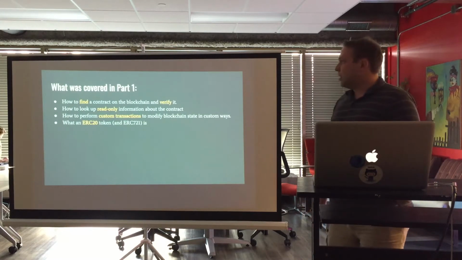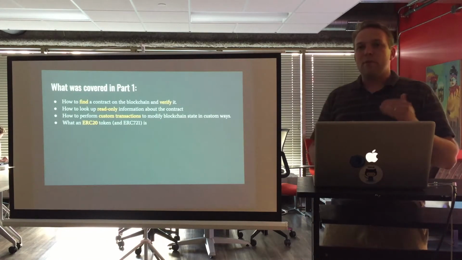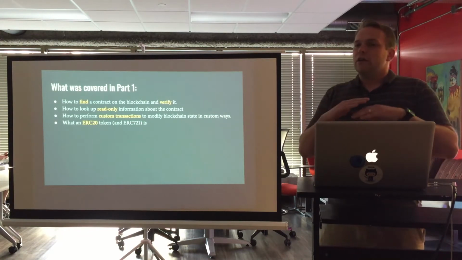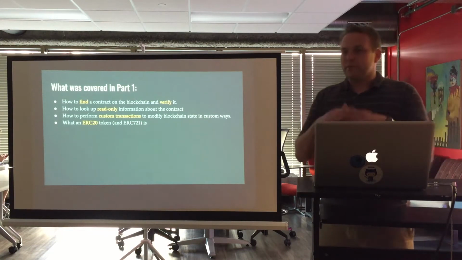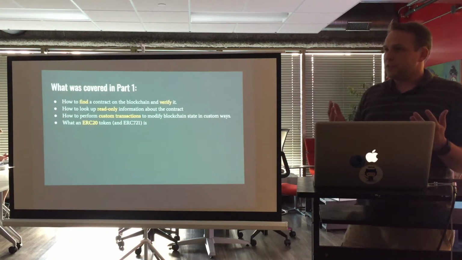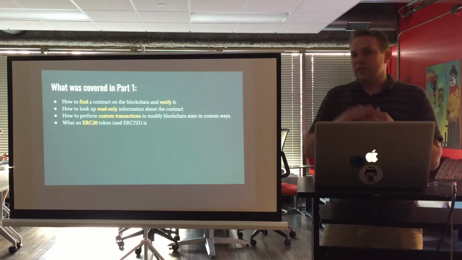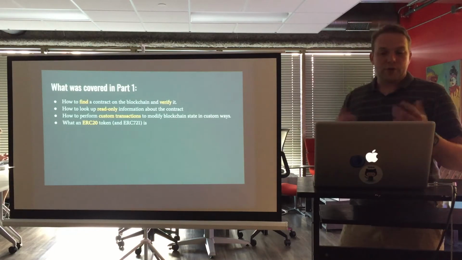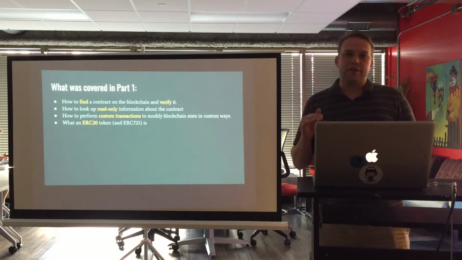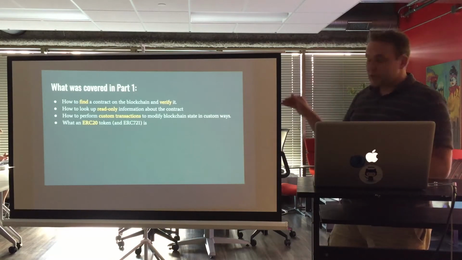So what was covered in part one was taking a look at what makes Ethereum different than Bitcoin and some of the other cryptocurrencies. You start with Ether, it has value, same as Bitcoin, you can get it. Then you have a smart contract idea, which is a set of rules written to the blockchain that dictate how things work. We covered some of the basic transactions, and basic smart contracts.